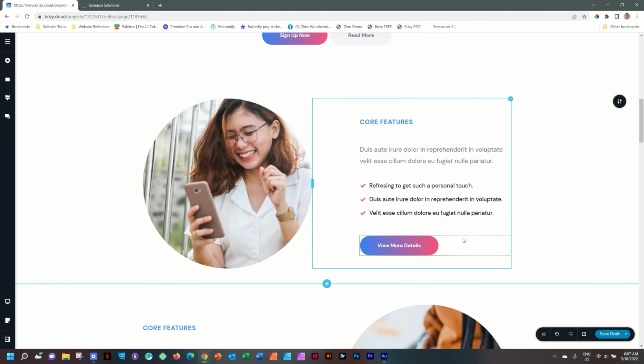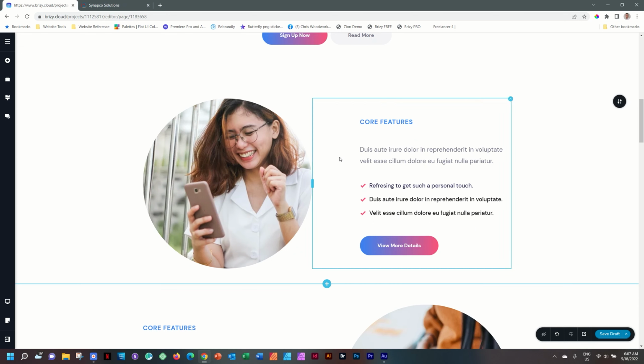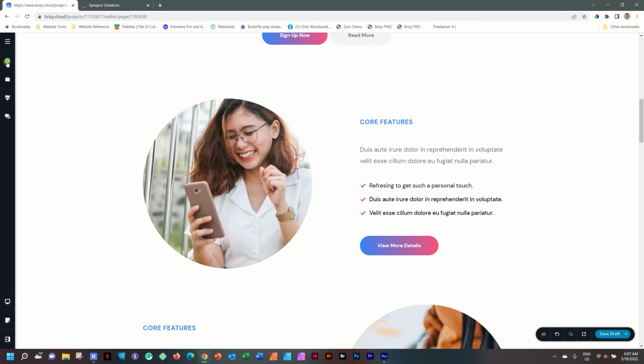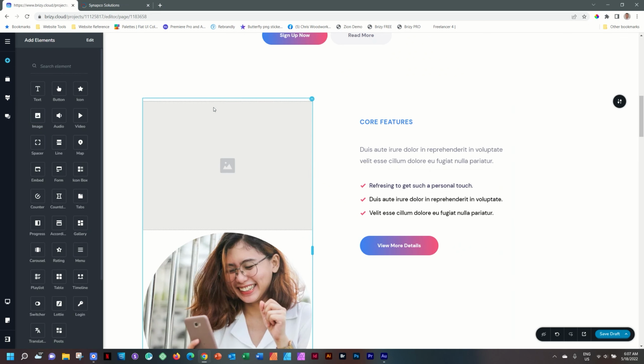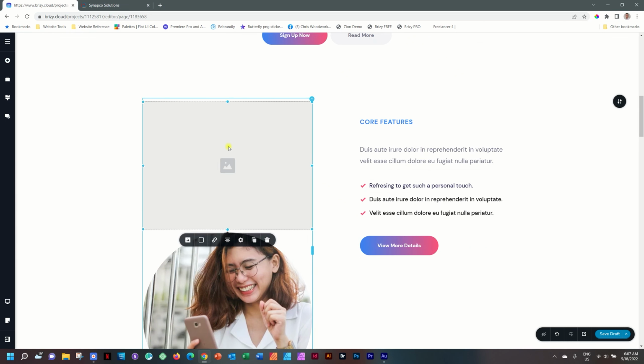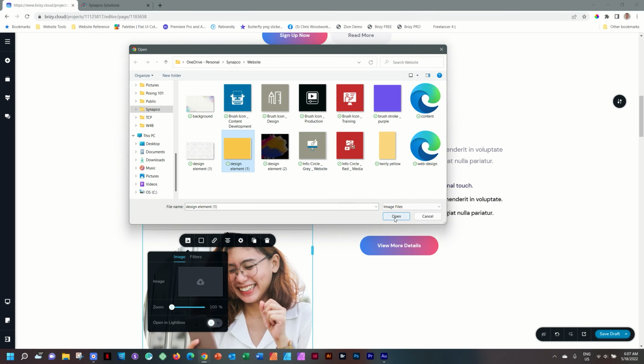I've made this page quickly within Brizy Cloud. And what you need to do is bring in the image element or the design element as an image where you want to use it. Don't get caught up in where you should place it. You can put it anywhere. I have here a column with the image. What I will just do is put the image inside that column as well. You can really actually put it almost anywhere, but put it as close as possible to the place where you want it to appear. Let's load the image,